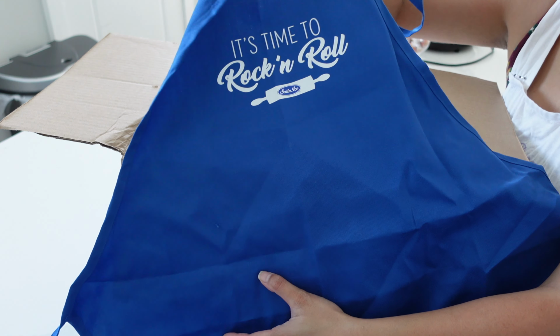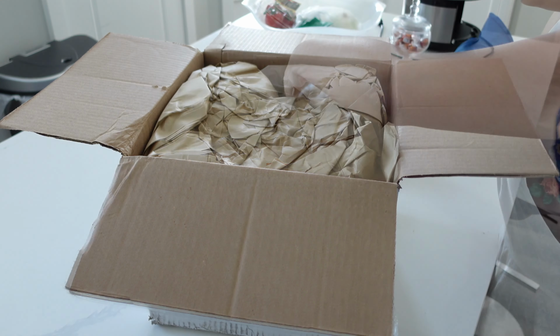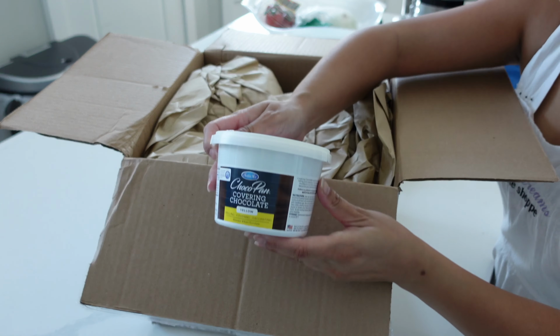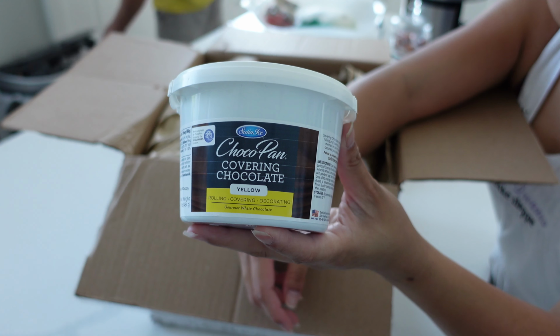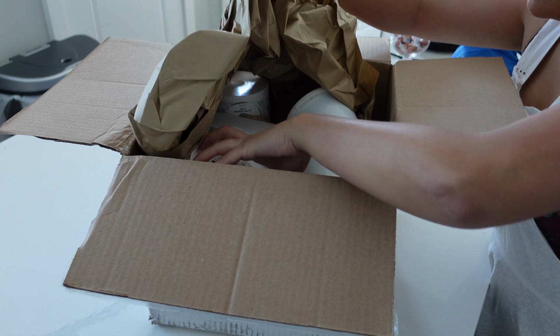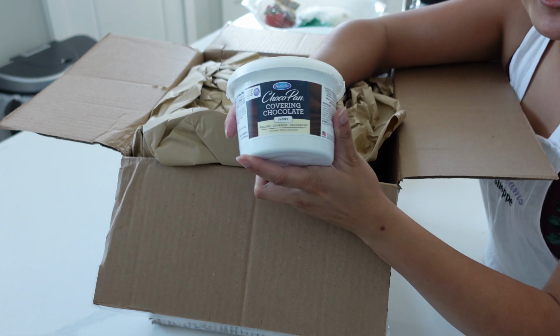I'm also going to be showing you right now all of the wonderful things that Satin Ice has gifted me. This is the second box they've sent me, and it is even more full of goodies. So the first thing I'm going to show you here is this Choco pan covering chocolate. It is fabulous. I've showcased it in another video, but I'm definitely going to do some more things with all